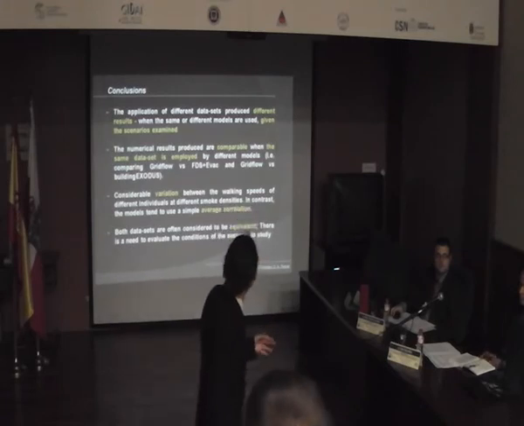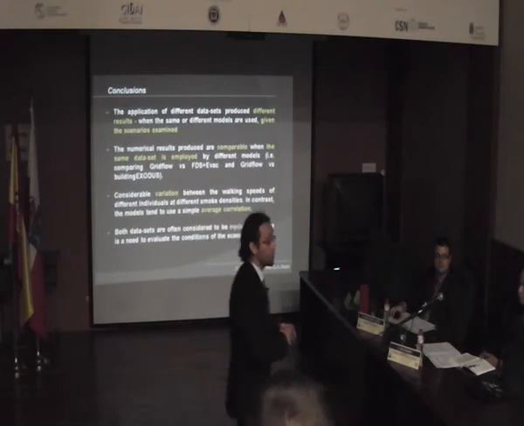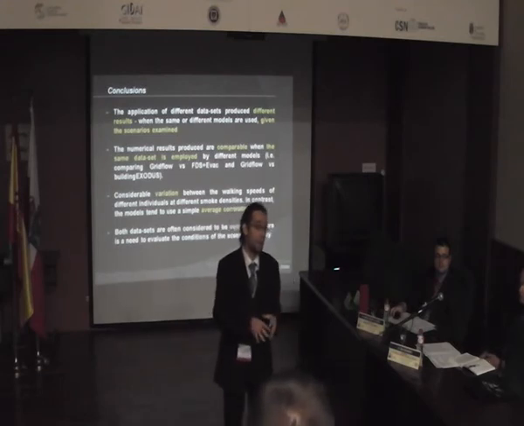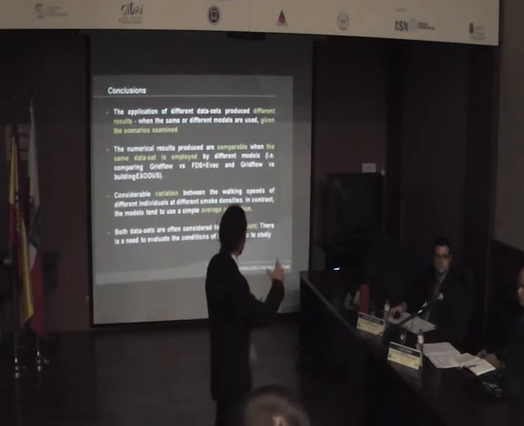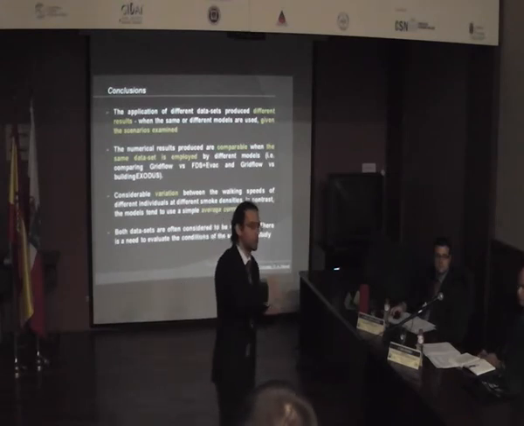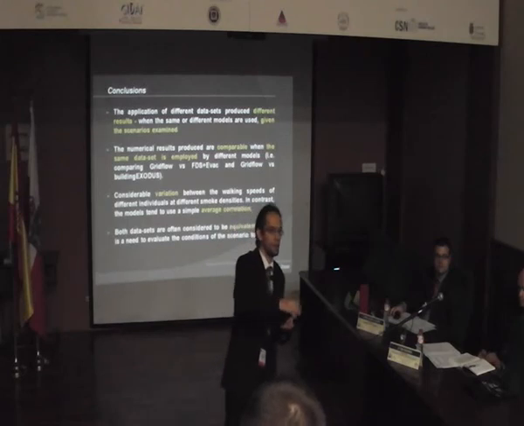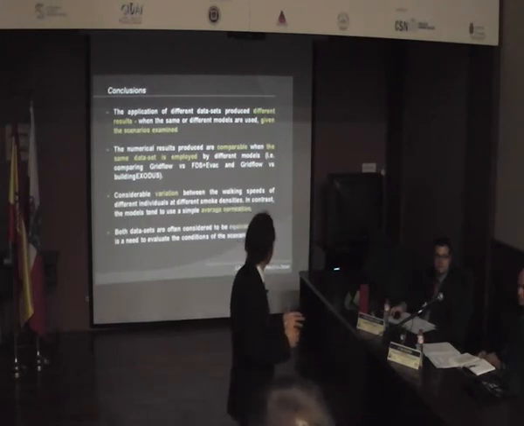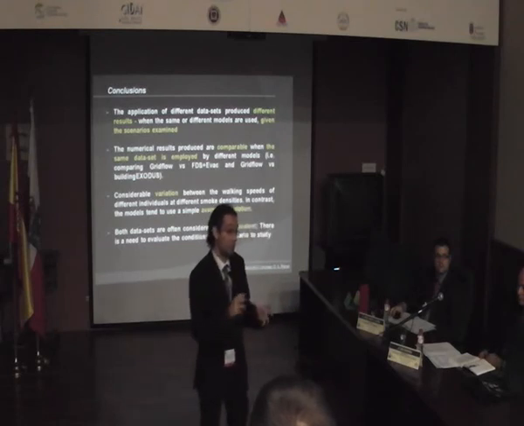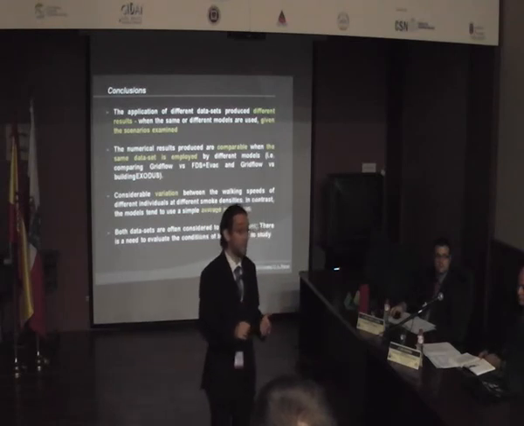Also, when we analyzed this experimental data in depth, we saw a great spread in the results. The results are always very scattered, and we normally use this correlation with average values and